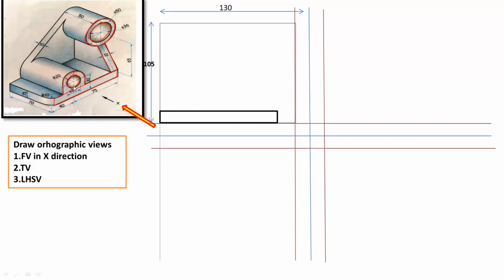The next part is you can draw this circle and this semicircle. So this circle, its center is at distance 30 mm from this baseline, and from this corner it is equal to 40 mm. So first take this distance, that is equal to 40 mm from this corner. Okay. And from this point, draw a vertical line at 30 mm. So you can draw one horizontal line that will give us the center for this circle. So this line is drawn at distance 30 mm. So you will get the center point.